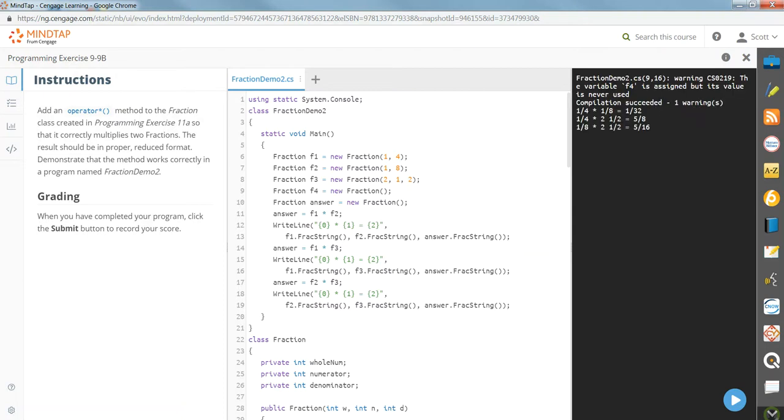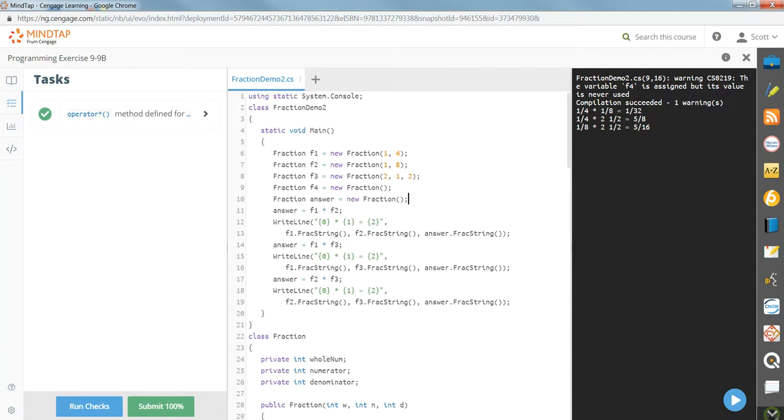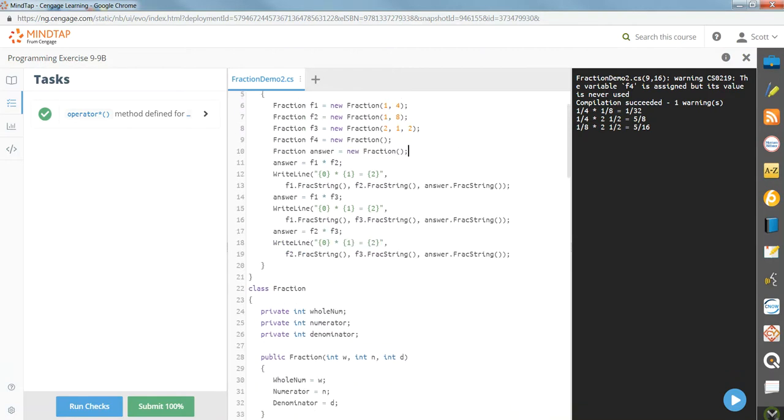Quarter times an eighth is a 32nd. 4 times 8 is 32. That's correct. All right, so our math is working. Now let's come over and see what it did as far as our run checks. It says we're good. We're at 100%. So we could have left in the plus or addition operator in our calls, and it would have worked without a problem. I could have just copied this code